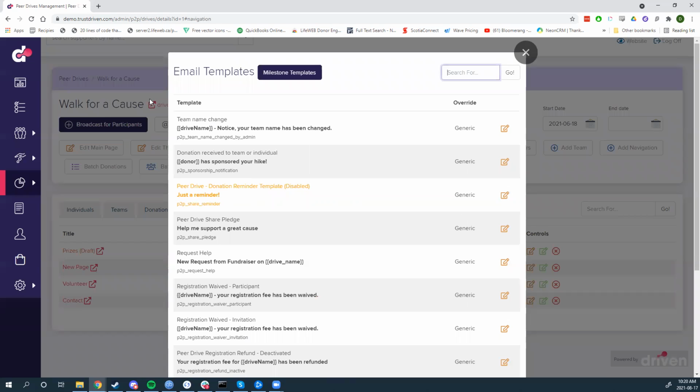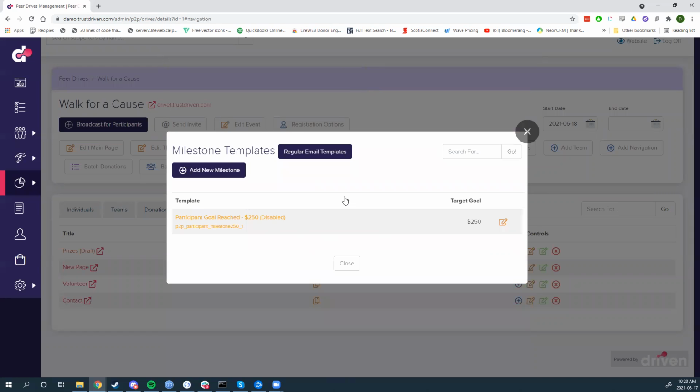Email templates. This is standard: receiving, thank you for registering, all that sort of stuff. It allows you to modify the copy. We also support Milestone Templates. So when someone hits $250 raised, send this email. When someone hits $500 raised or $1,000 raised, send this email, and it gives you the tools to coach your participants and